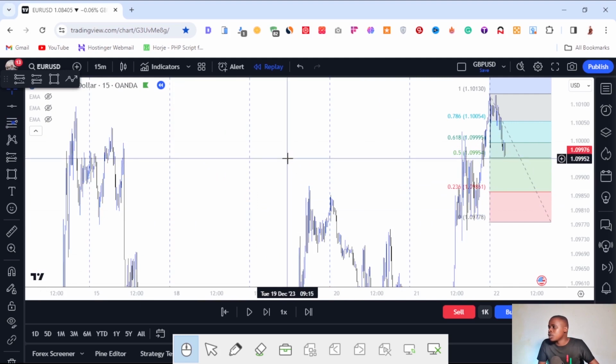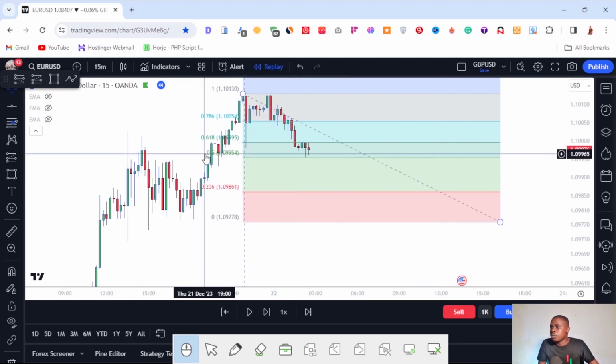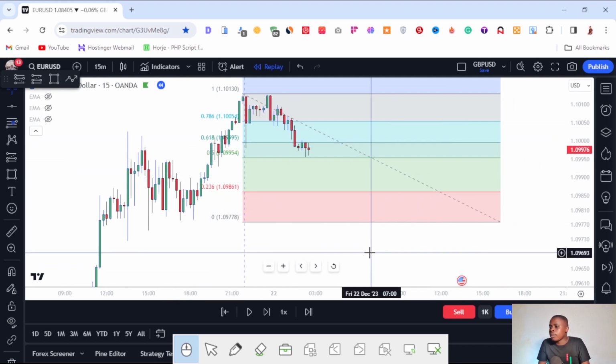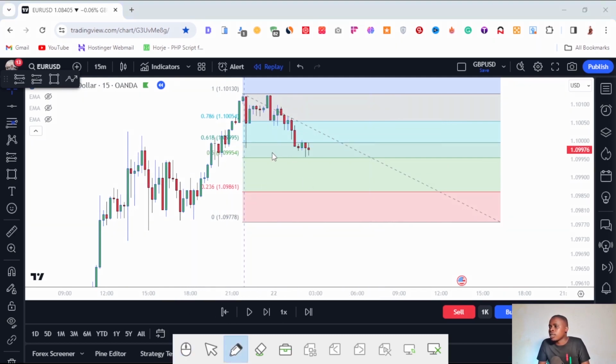This golden zone, the zone between 0.5 to 0.61. This is where the market is at right now. This is the golden zone right here. So we are expecting prices to bounce. Maybe that is not enough. What if we can